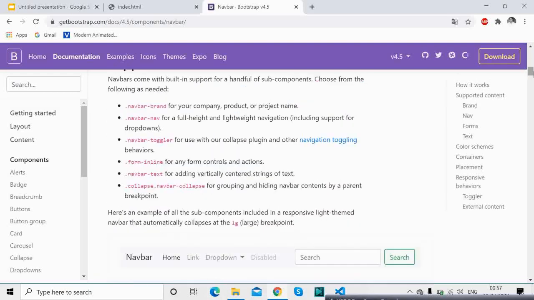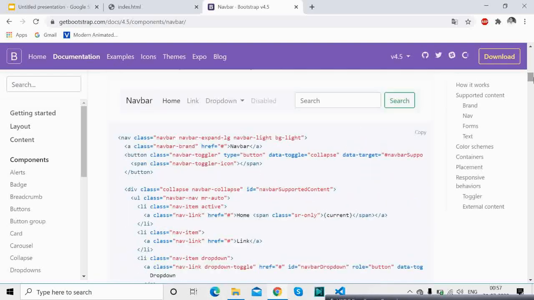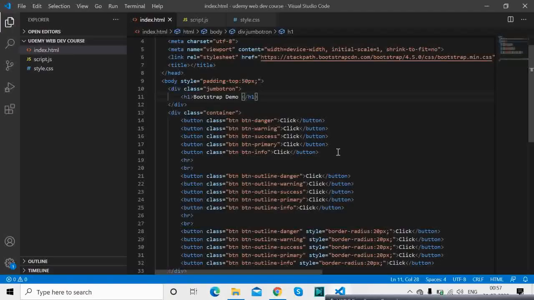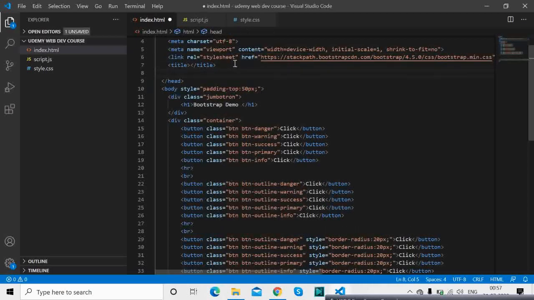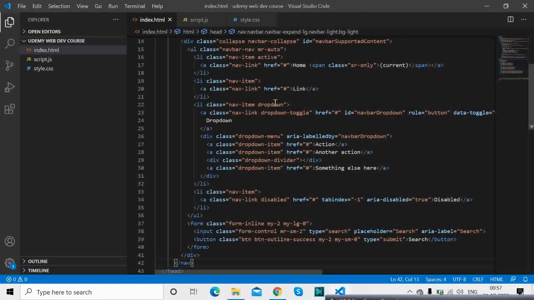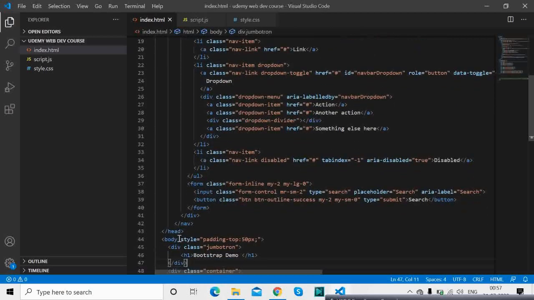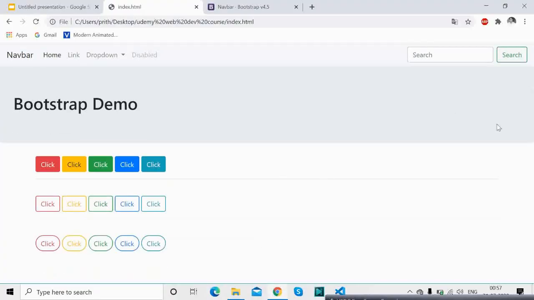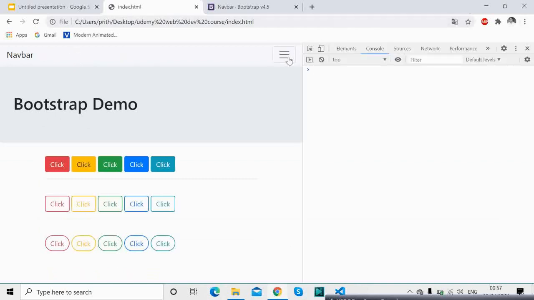So what I will do is I will go here and copy this entire navbar, and I will come here and will not give this padding, let's say, or let it be over there. What we'll do is we'll give it the navbar within the head. Okay, and if you see, we have the navbar. Okay, that I was saying that we will not give this body padding. Okay, and there you go. So you have this navbar, and if you see, this has the same feature.